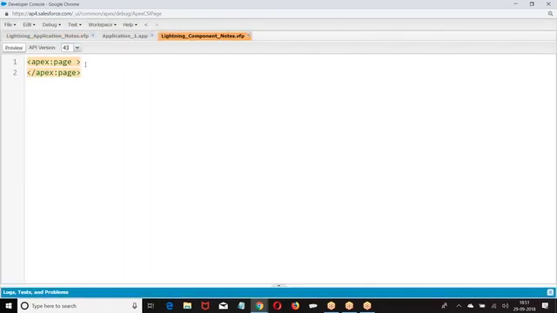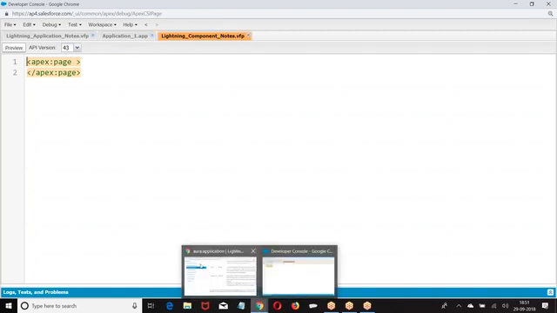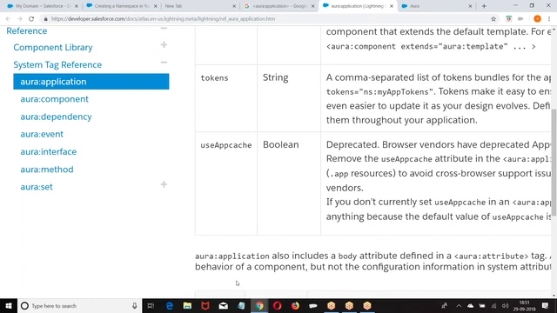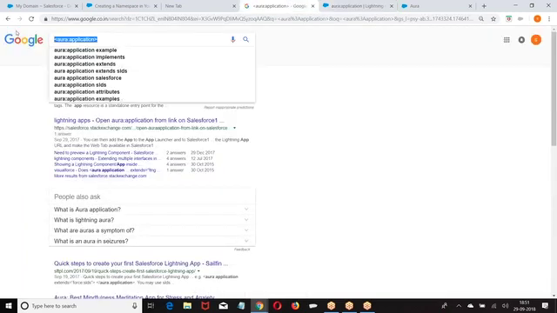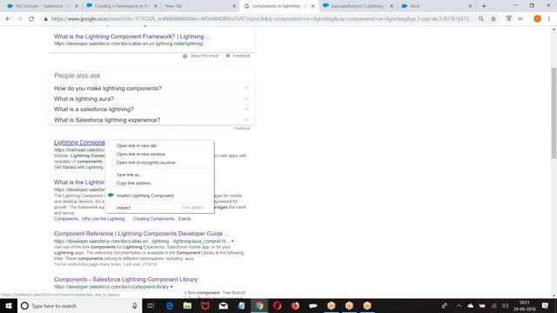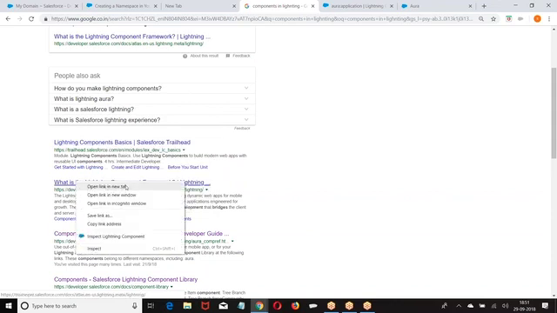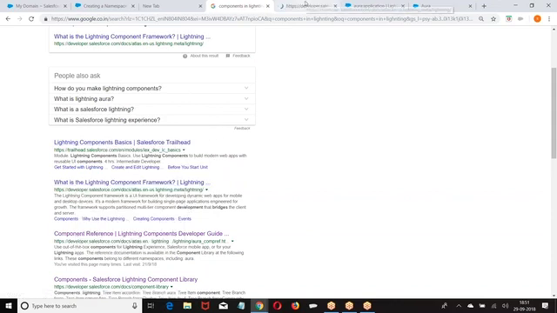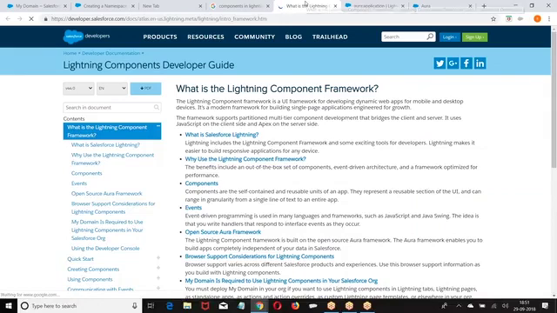All right. When I say component, let us look at the things carefully. When I say component, there will be two types of components. One is standard components. Second one is custom components. What are the standard components? Components which are created by Salesforce. Even in Visualforce, we have Apex page, page block table. All of them are standard components. Using those standard components, you are building whatever you want. If you want, you can also create custom components.